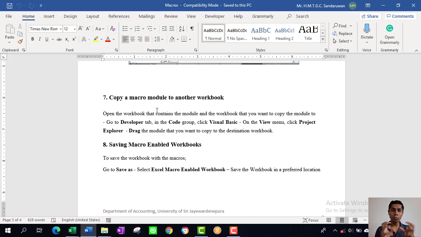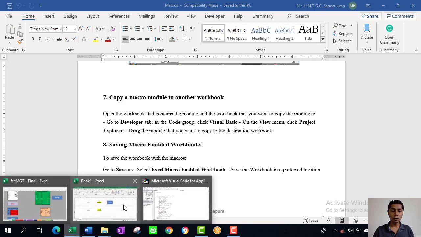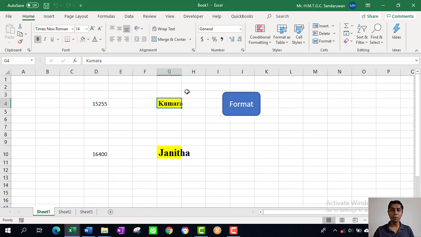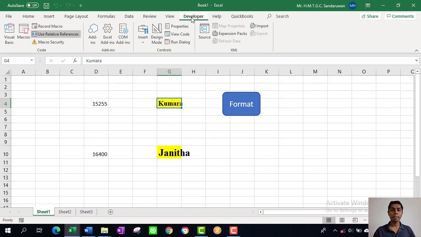So you need to open two workbooks, right? Open the workbook that contains the module and the workbook that you want to copy the module to. So if I go to this workbook that we were working with, I can go to developer. Okay, developer, under the code section,